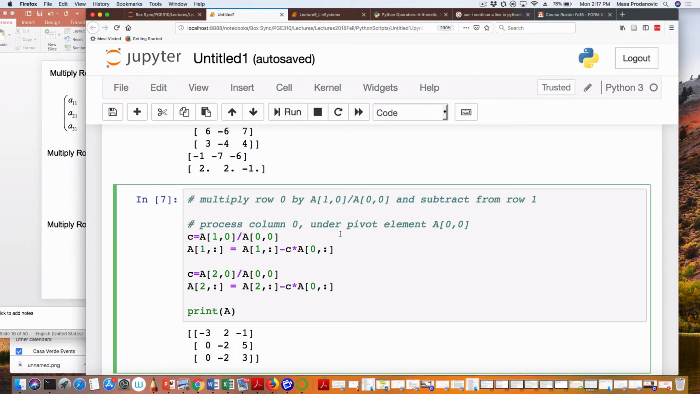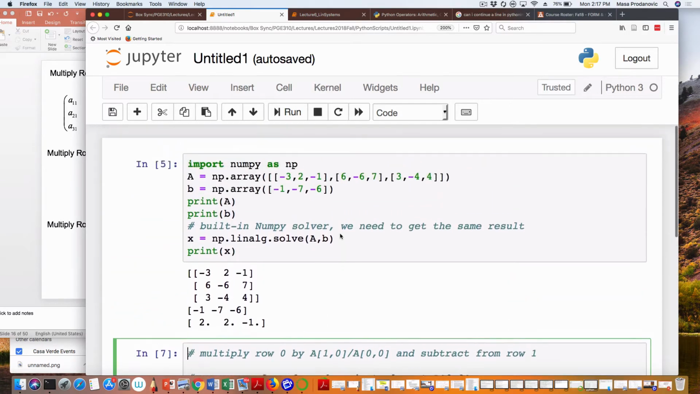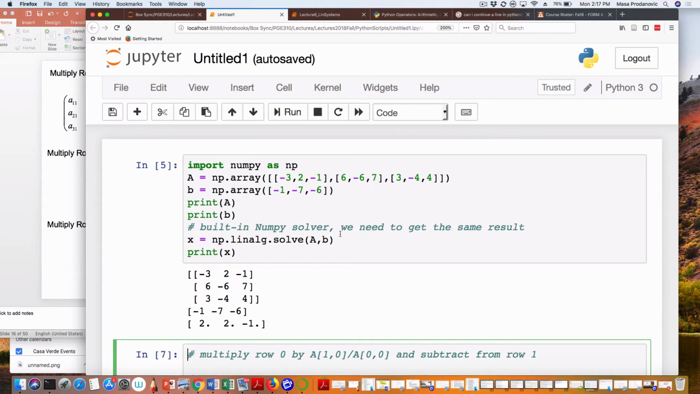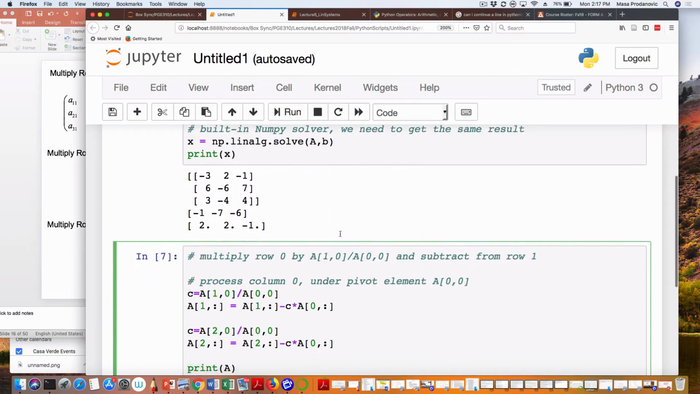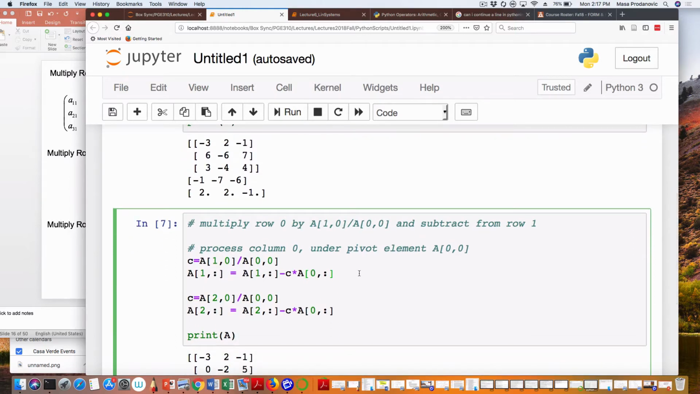So this has processed my column 0. Now, if I was doing things properly, I would have in my processing also worked on my B, because I would have created that augmented matrix. So I'm going to correct myself and work on B as well. So here underneath,